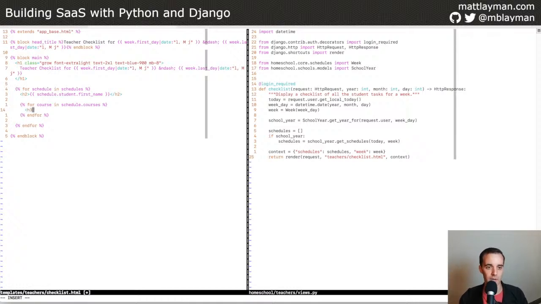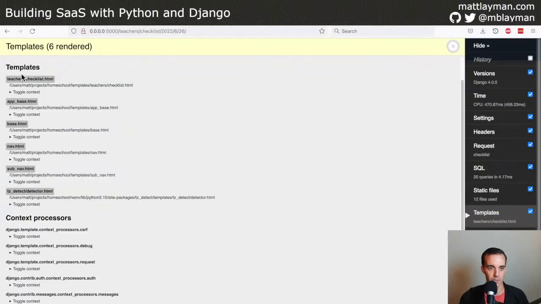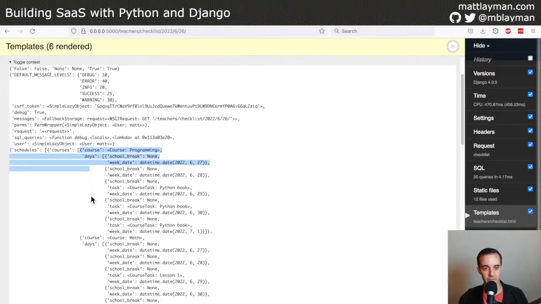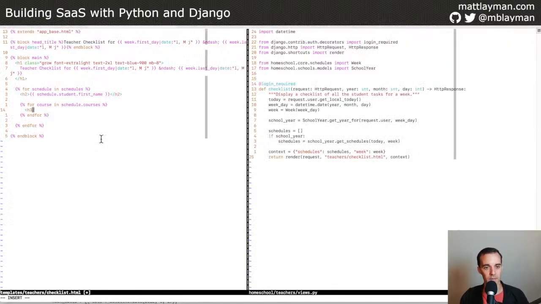Next layer here is in this structure. Let's come back over here. We have a course. And so this courses list is another list, and it's composed of another set of dictionaries, and that dictionary has two things in it. One is a course object, and the other is this list of days. So we want to pull the course object out and get the title there. Now this time I think we can use